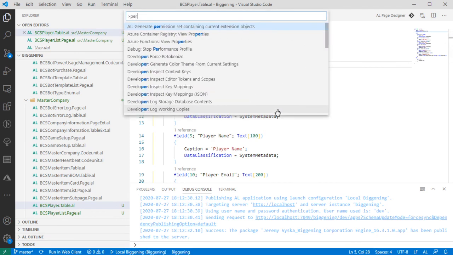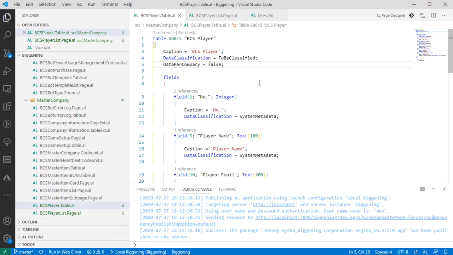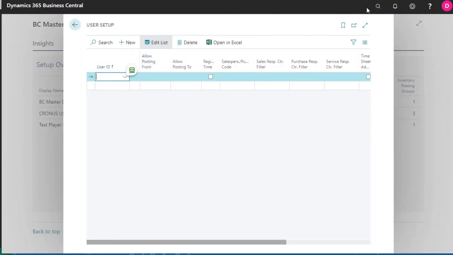But because of the fact that there's a command in the palette here that will generate permission sets for the current extension objects, I don't want to do this until we're closer to complete with our data infrastructure. This routine will replace any current permission set objects, if I recall correctly, that we've created so far. So I do want to play with this command when we are close to done. We will make use of that, and it will create a nice permission file that will generate, if we go look in